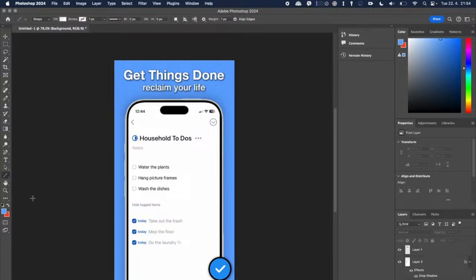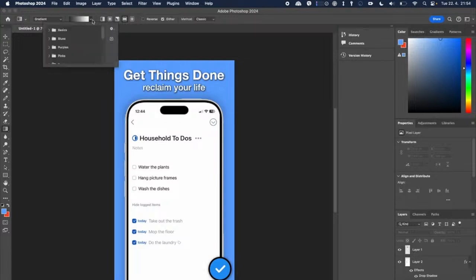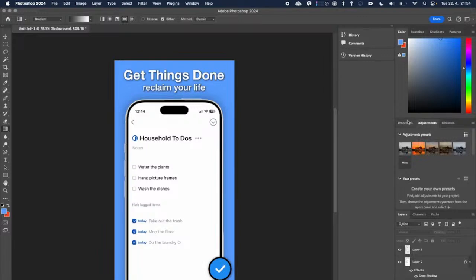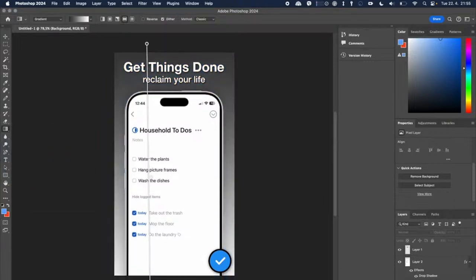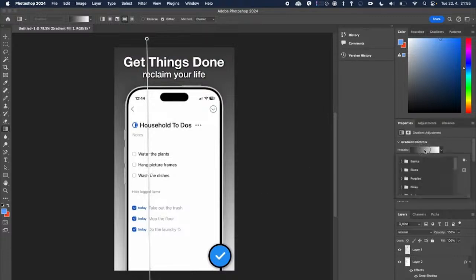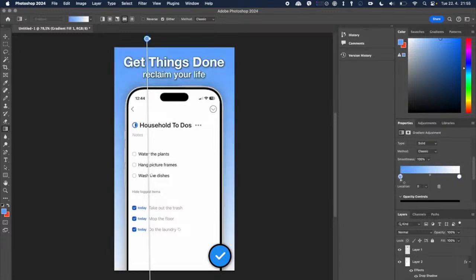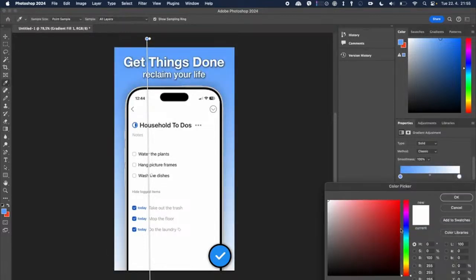What I do in these situations, if I don't want to struggle with it a lot, is first of all, I go over here in the gradient tool and make a gradient. Yeah, the gradient should be yes here, and let's create and